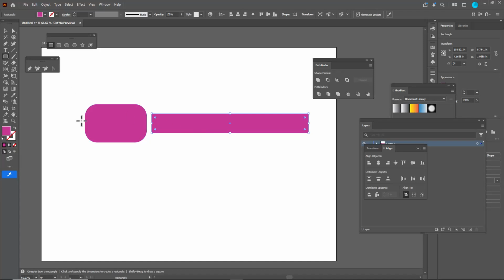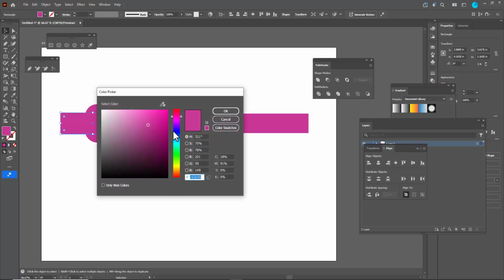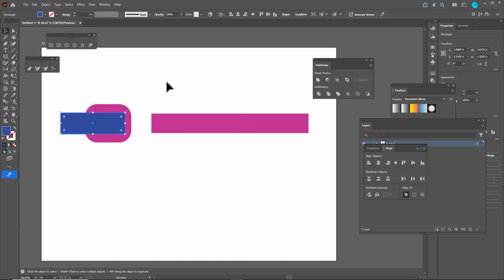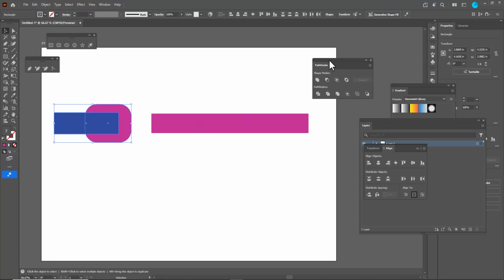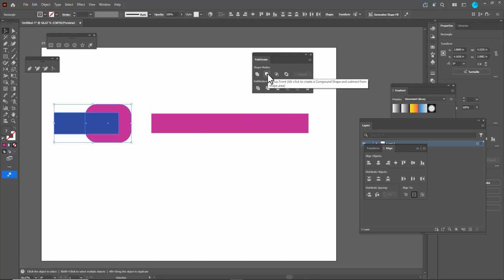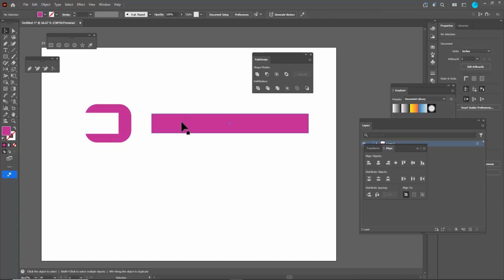We can just select a rectangle here, and also we can reduce the size of this rounded rectangle. We can change the color of the rectangle in the front, and we can move it a little bit to the left, right? Now we will shift select both these objects, and inside the Pathfinder we will click on this minus front. So we can see here we got a cut, and now we will